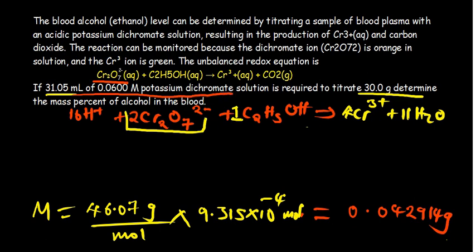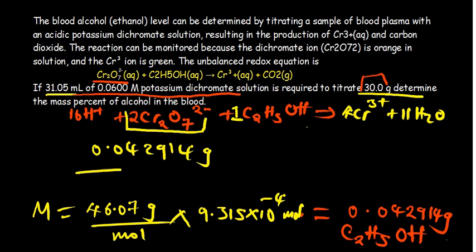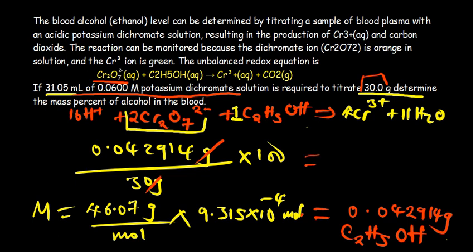So how do we get to find the mass percent of the alcohol in the blood? This is for the alcohol, ethanol, from the equation. We are given the mass, 30 grams, of the blood. So how do we find the mass percent? We'd have to use 0.042914 grams divided by 30 grams itself, times 100. Now notice that the grams are going to cancel out. So we divide that by 30 times 100. So the answer that I'm getting is